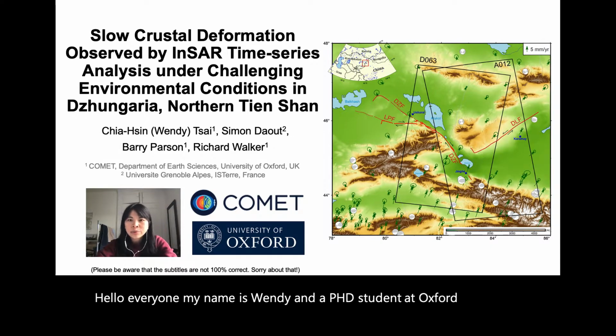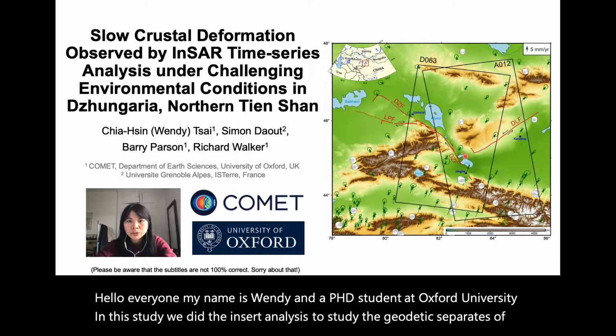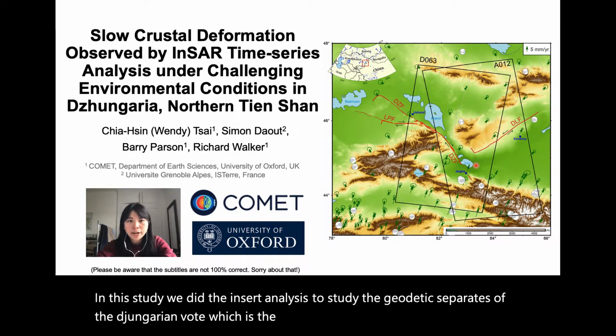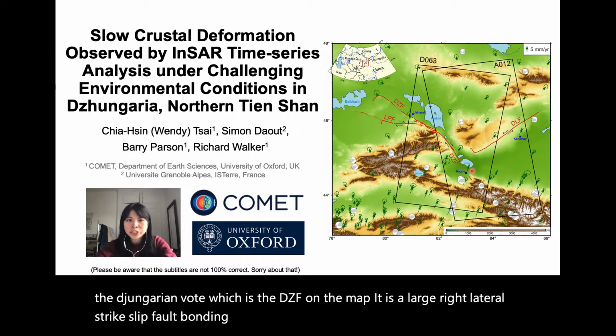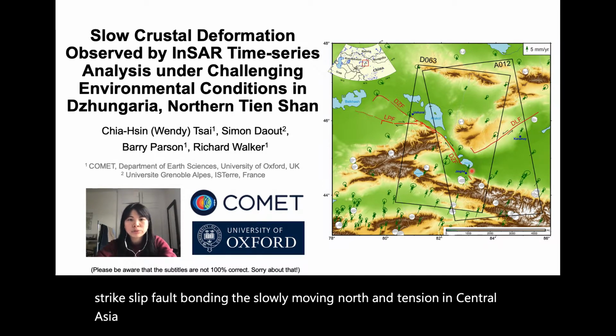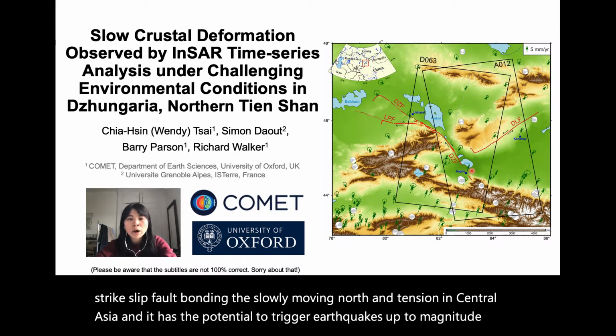In this study, we did the InSAR analysis to study the geodetic slip rate of the Junggar fault, which is the DZF on the map. It is a large right-lateral strike-slip fault bounding the slowly moving northern China-Xinjiang in Central Asia, and it has the potential to trigger earthquakes up to magnitude 8, and that's also why we are